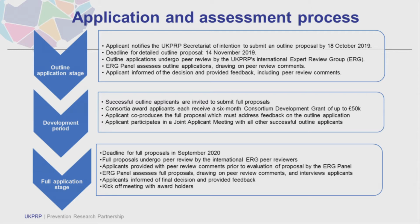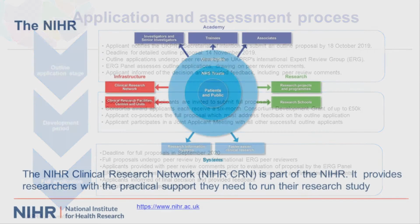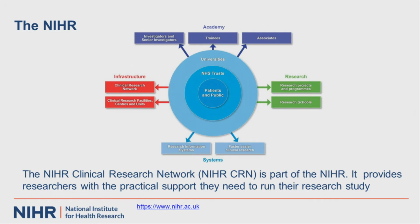But if you are indeed submitting a full proposal and you've been invited to do so, the deadline for that goes into 2020, and then there is a sequence and a process for that, but I won't cover that today. What I'd like to highlight to you is some resource and wider support that is available to applicants. This is something that I'll start talking about from the NIHR, the National Institute for Health Research, and then progress on to the opportunities that are on offer from the equivalents in the health departments across the other nations. So NIHR